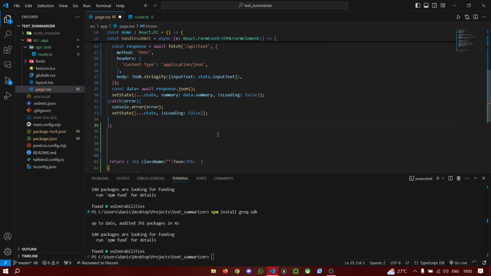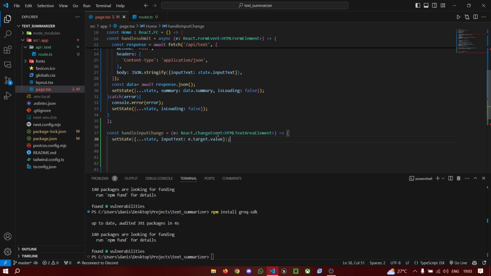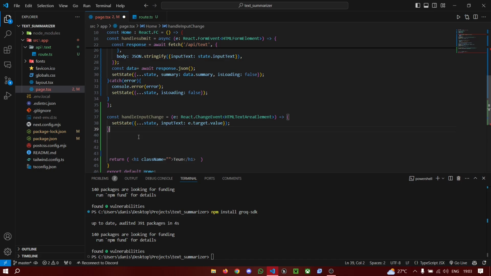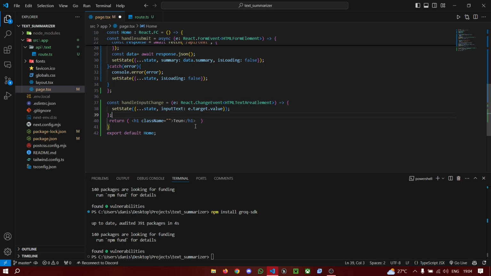So let's close this. Now let us write our const handle input change for the input, basically the text area element. Now it's pretty easy. You just set state input target value when you type. That is all. Let us close this. And yeah, I think that is all we need. So let us start on the